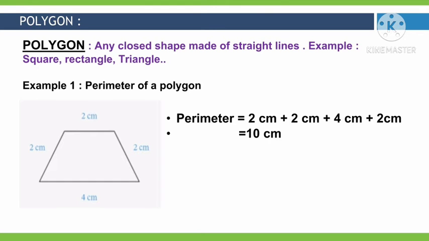We want to find the perimeter of the polygon given here. It is a four-sided closed shape in which the sides have different lengths. Three sides are 2 centimeters and one side is 4 centimeters. So in order to find the perimeter of this, you have to add all the sides. It's very easy. Perimeter is nothing but the total length of the boundary of the shape. So you have to add all the lengths, children. 2 centimeter plus 2 centimeter plus 4 centimeter plus 2 centimeter. Totally it is 10 centimeter. So the perimeter of the given polygon is 10 centimeter.